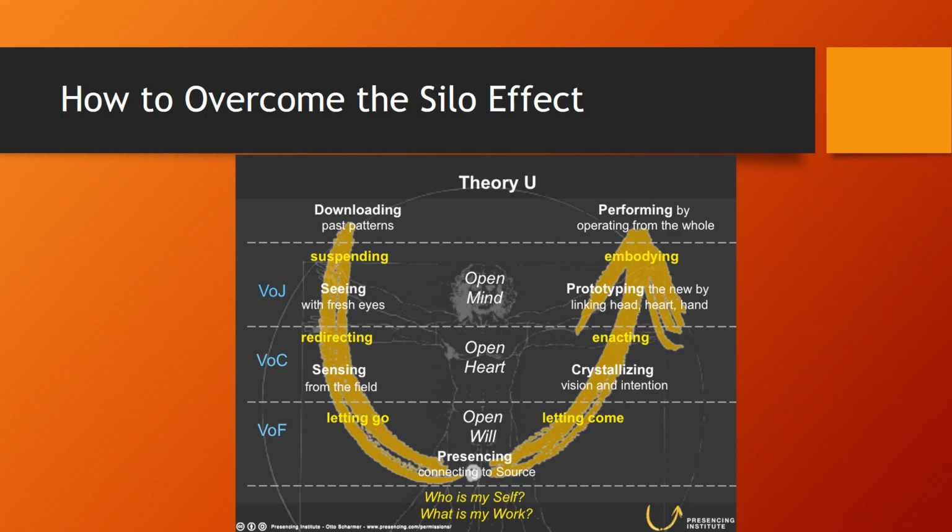The VOC stands for the voice of cynicism, which you're redirecting. That cynicism says, well, I don't know if that'll work. I don't know if I like that. It's stupid. Or, you know what? I heard some people, we were talking about some fresh ideas, and somebody said that's childish. Just very cynical. And you want to suspend and redirect that cynicism.